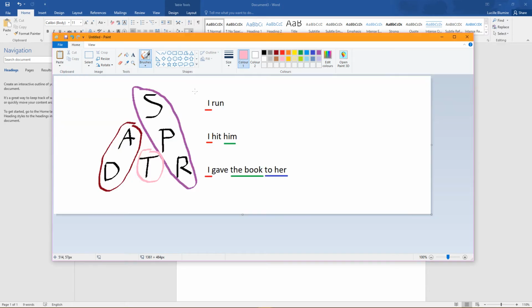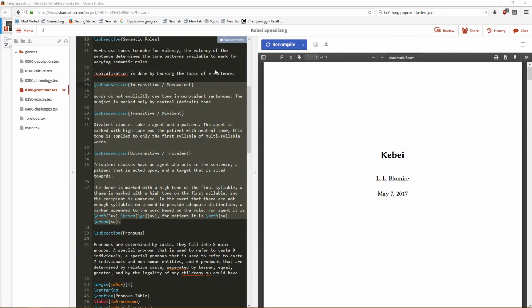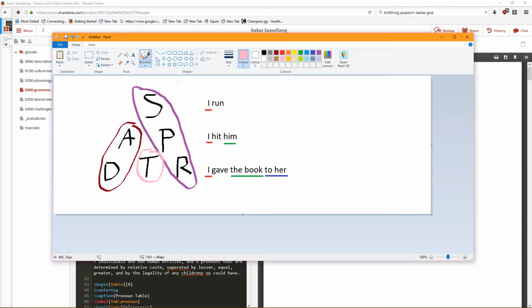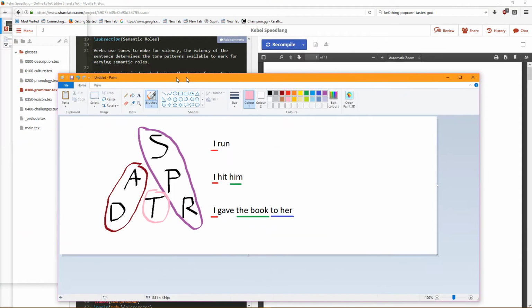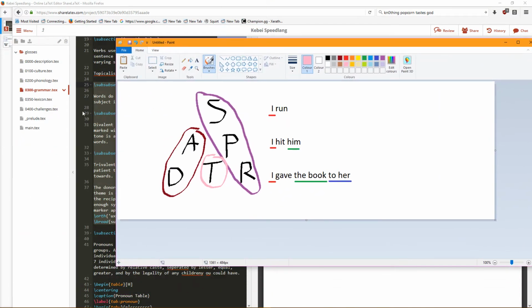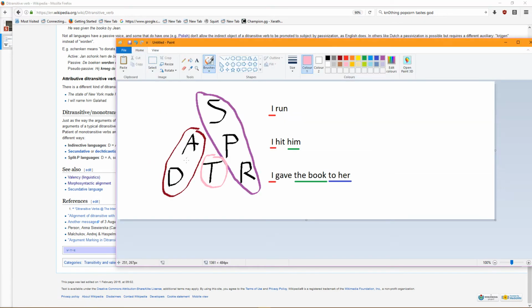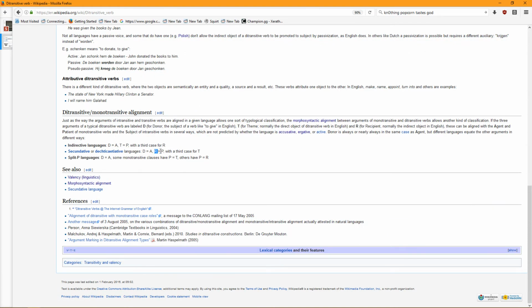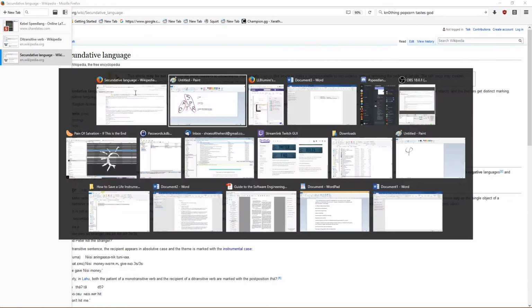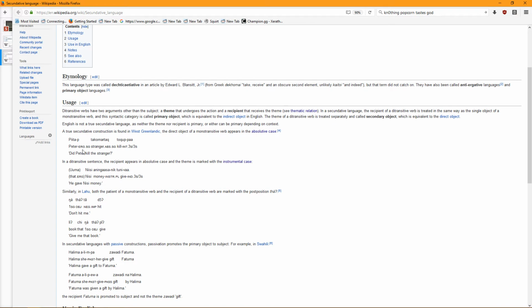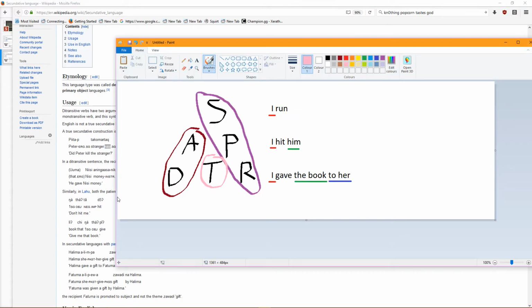So let's see what Wikipedia has to say about systems. If you have any thoughts on this, nerd, I'd love to hear them, or anyone else watching. This is ergative-absolutive and secundative. Okay. So secundative is D equals A and R equals P, with a third case for T. Okay, so secundative. Are any secundative languages erg-abs? The fact this says erg-abs almost immediately tells me yes. So my system is reasonable. We have erg-abs secundative.